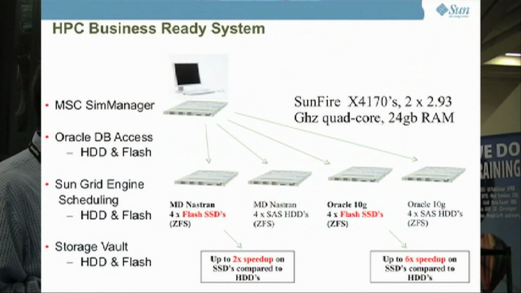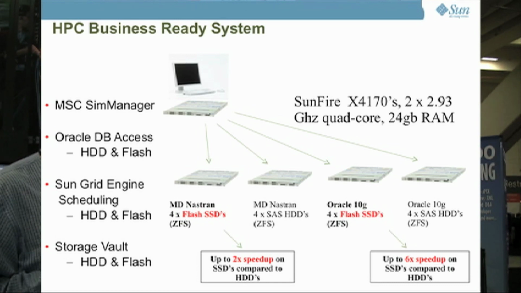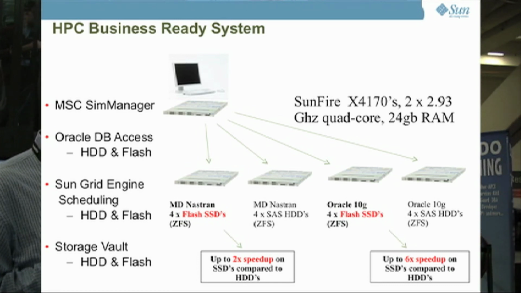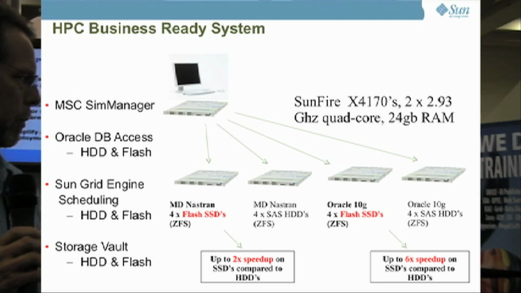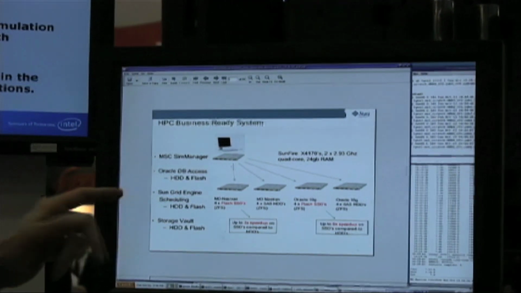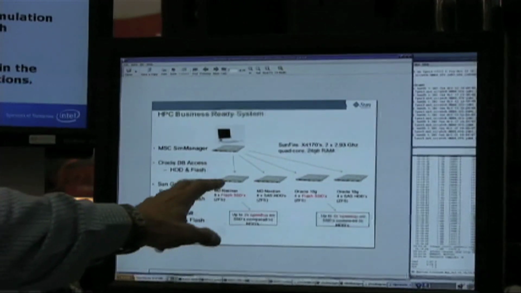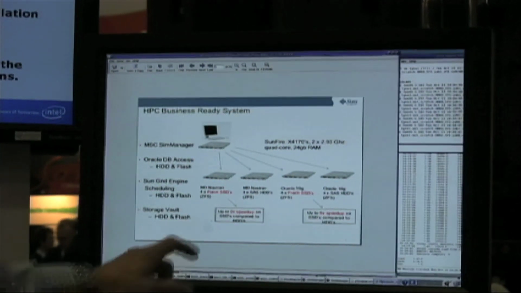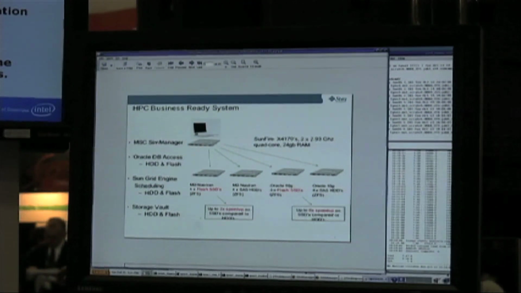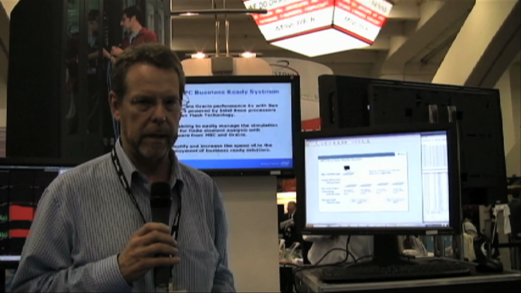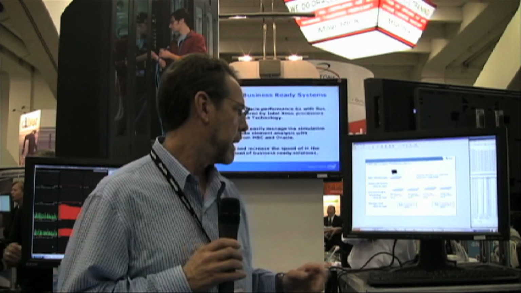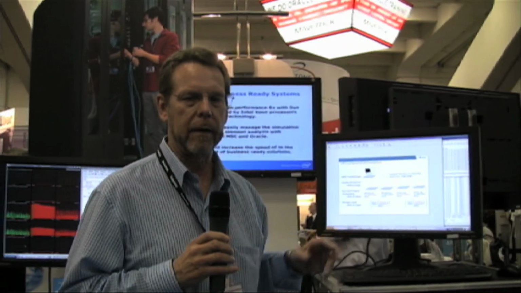On the diagram up here, what we have are 5 systems. We have a Simulation Manager portal. That's a portal that uses a web interface that will be discussed a little bit later by a colleague of mine. And then on the 4 systems that are underneath this, we have 2 systems that are computational node systems that run the Nastran application. Nastran is used worldwide for structural analysis for things like the automobile industry when they produce their products, as well as the airline industry. Also, in conjunction to that, we have 2 systems that are running the Oracle database environment